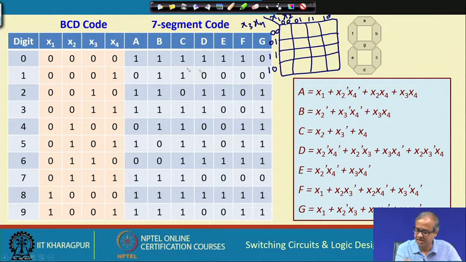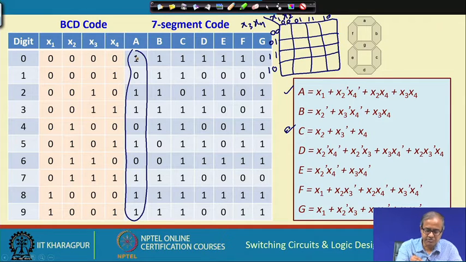Segment has many more, let us take another, let us say segment C. C can be minimized. Look at the segment C, or fine, A is fine, let us take A. Look at the segment A. So, you see where they are 1: for 0, this is 0, 1, 2, 2 is this, then 3, 3 is also 1, this is 3, 4 is 0, this is 4, this is 5,